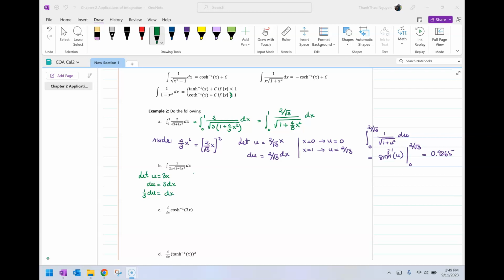I can rewrite this integral as one half times 1/3 du divided by